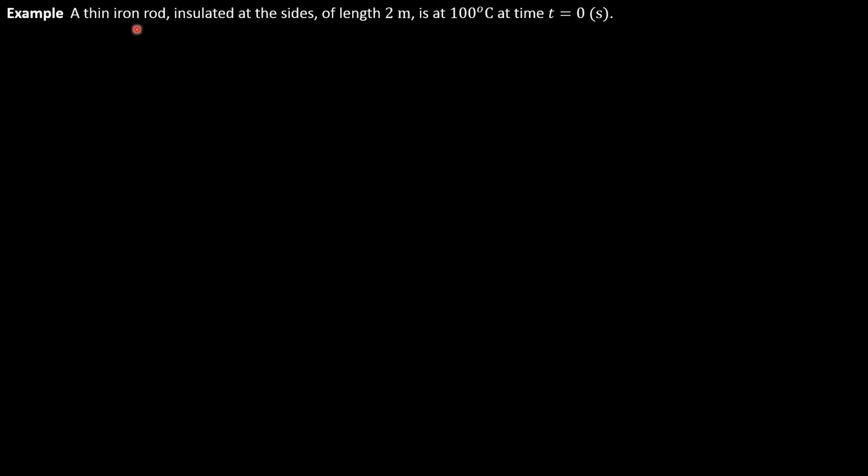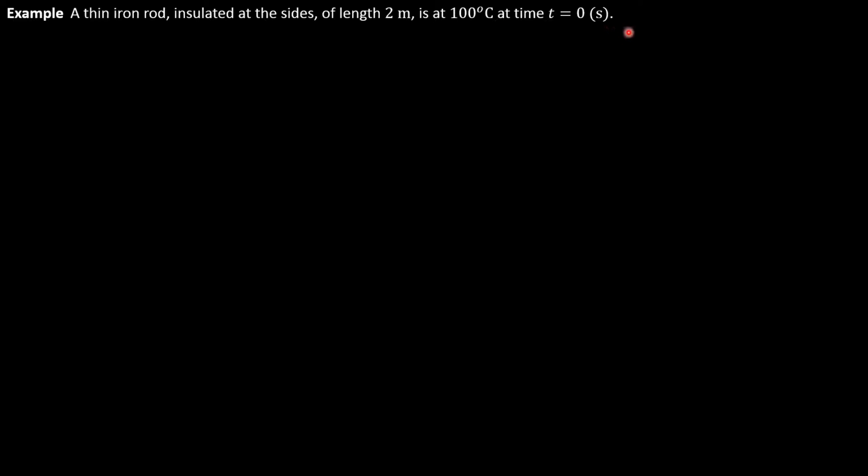So this is the last essential topic of the. So, an example as usual. We're going to consider a thin iron rod. We'll suppose that it's insulated at the sides. This is going to be a temperature problem. The rod is 2 meters long. It's 100 degrees throughout